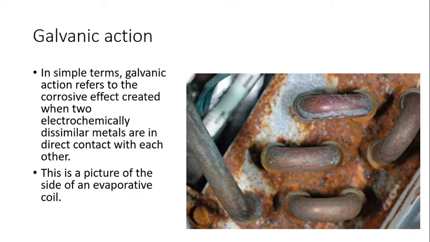Galvanic action. You see more galvanic action in plumbing than you do in air conditioning and heating. Galvanic action is where you get two dissimilar metals. In this case, it's steel or sheet metal and copper. And the copper starts eating away at the sheet metal,